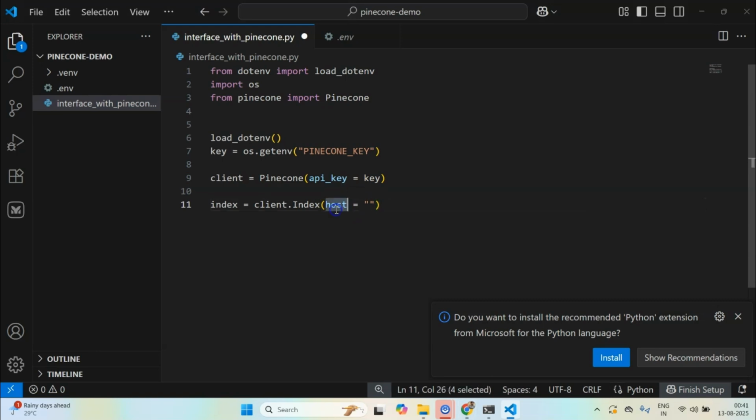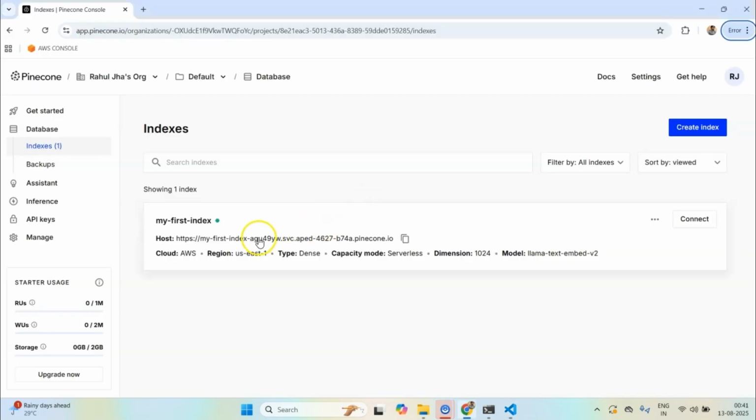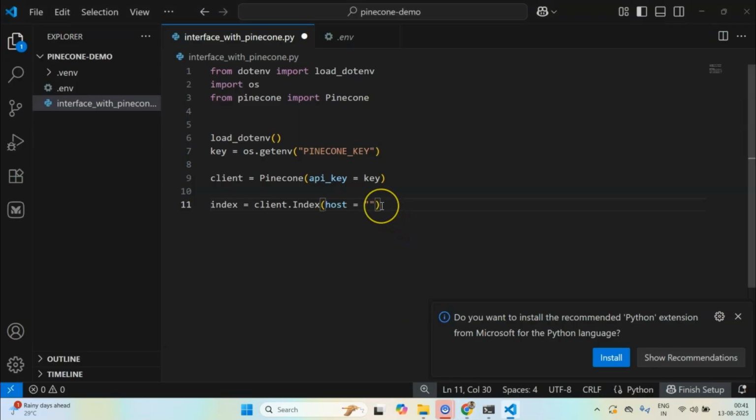You can also pass the name of the index, but I like to do it with host because it is much more professional and production ready. So I'll copy this, and you can remove this https. You don't need these here. So now I have successfully connected with my index.